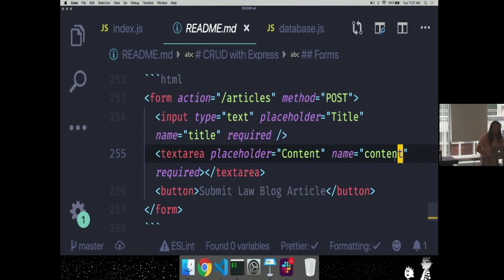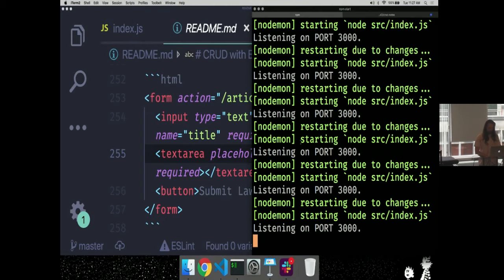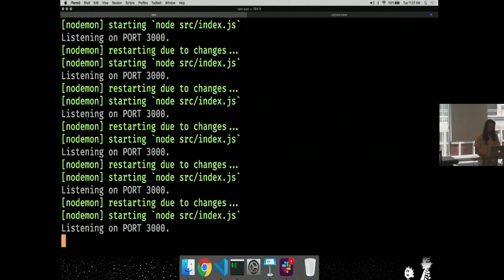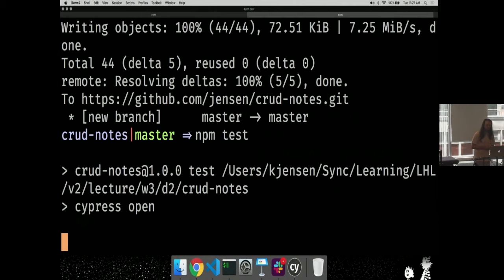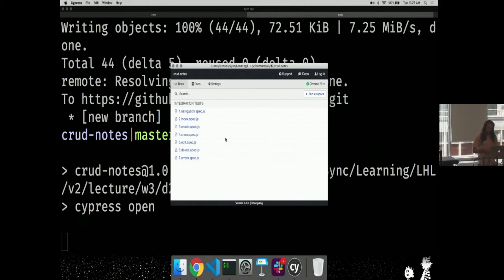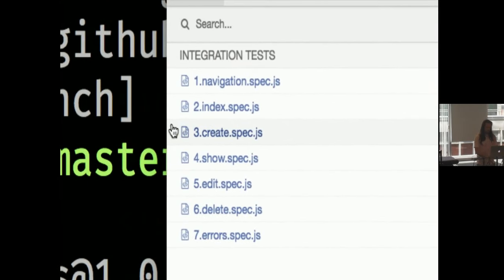All right. So this app is running right now. I've got the server running, and I'm gonna set it up so that we can do all of our testing automatically. This is the first time I've done this before. We'll call it test-driven lecturing, because I've got automated tests set up that give me a list of all the features that I need to add to this application, and I can just keep running these things with my npm test command. And so it's going to open up my test tool. Give it a second here. So this test tool gives me a list of the different tests that I want to run.